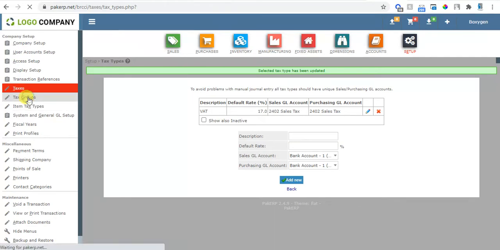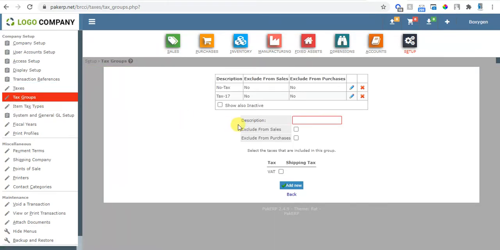Now, tax groups. In tax groups, you have one tax group, no tax, and the other is tax 17. You can rename it for the VAT, maybe 17 if you want to say, or if it's 5, whatever it is, you can rename it, and exclude from sales, from purchases, and here you select the VAT.